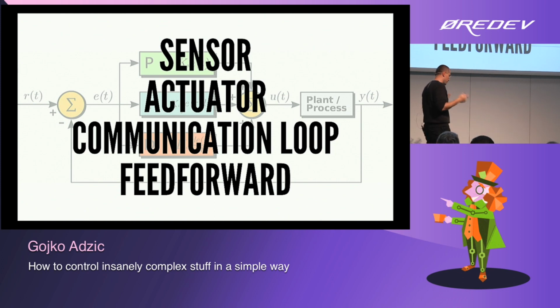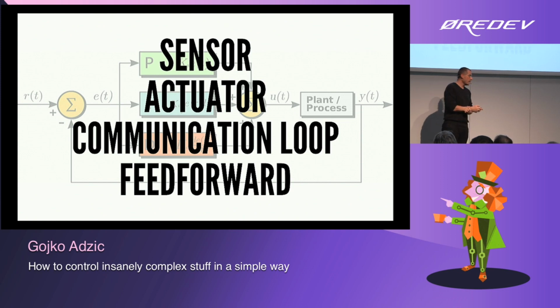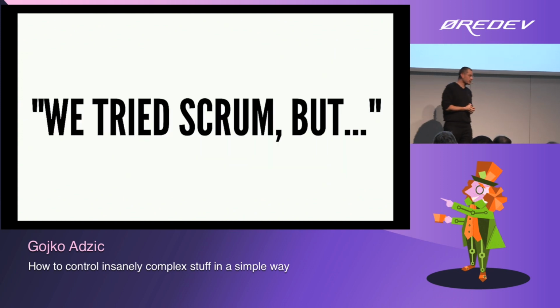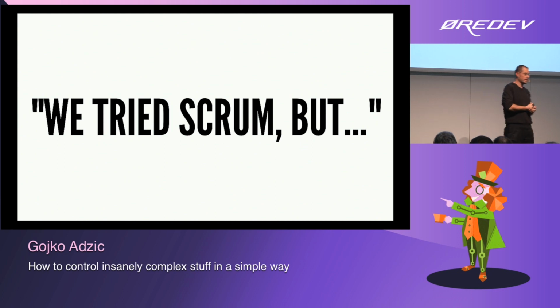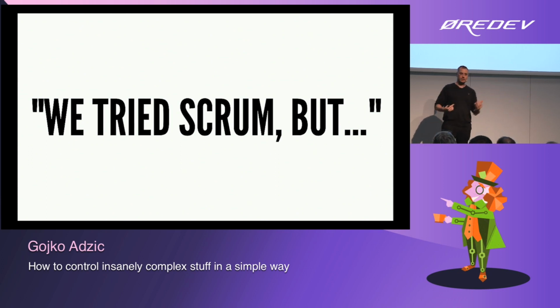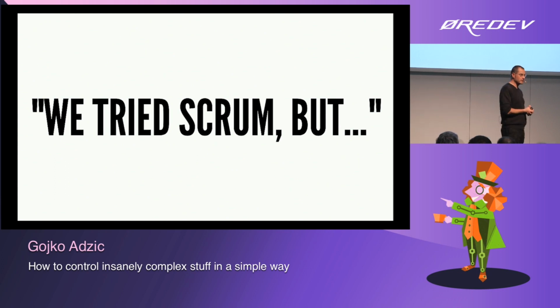And this is where we get to one of my favorite feedback loops, Scrum. We tried Scrum, but it's too slow. We tried Scrum, but the business people don't want to talk to us, or things like that. What people don't figure out is that's feedback. Scrum is a mirror. All Scrum is telling you is business people don't want to talk to you. It's up to you to figure out the solution, but it's telling you that every 2 weeks, so that you have some urgency to deal with that. Or, we tried Scrum, but our system is too difficult to maintain.